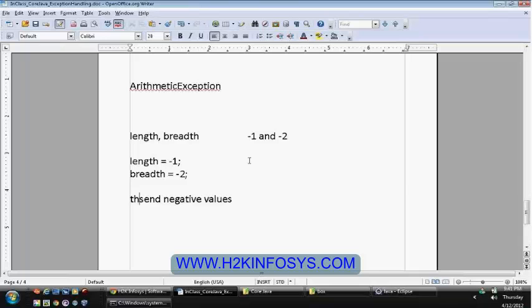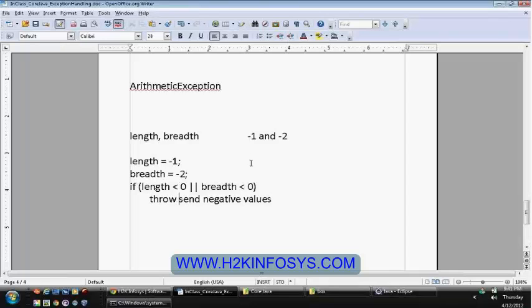In this case, you can throw an exception. You just need to specify a condition. If length less than 0 or breadth less than 0, in this case, you don't want to process further.